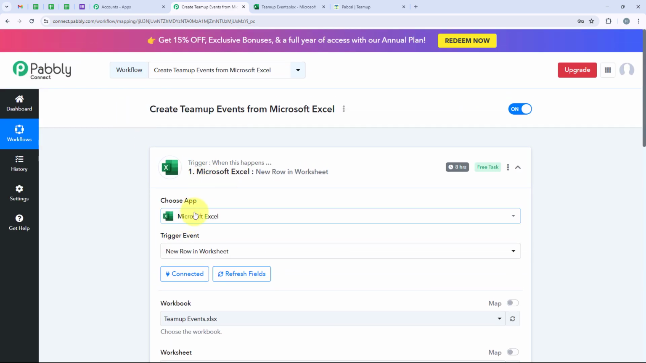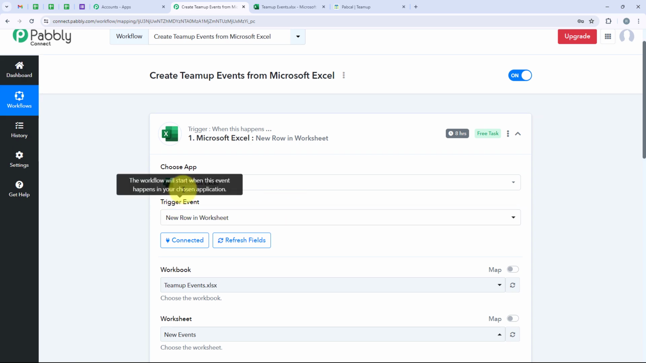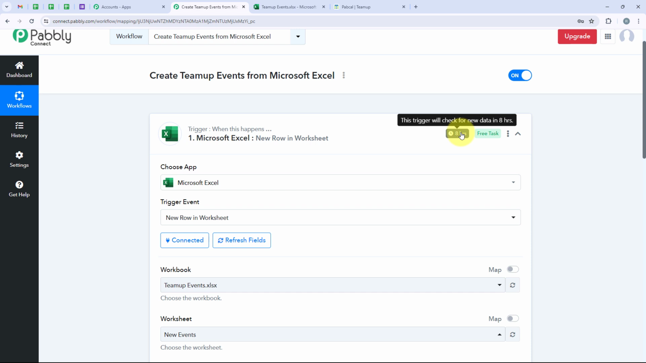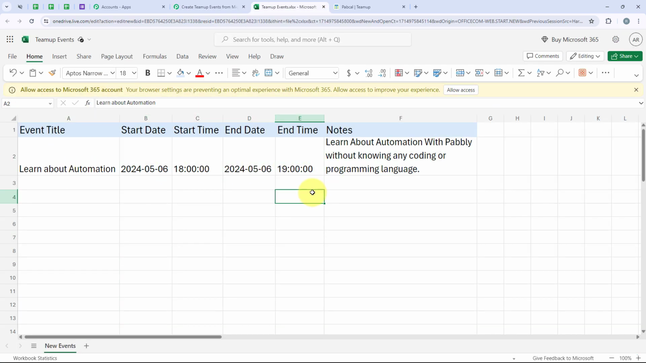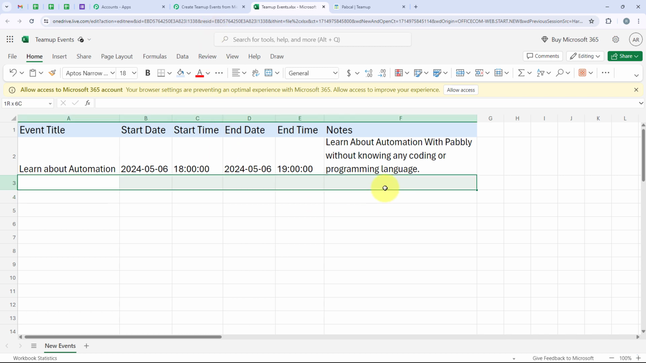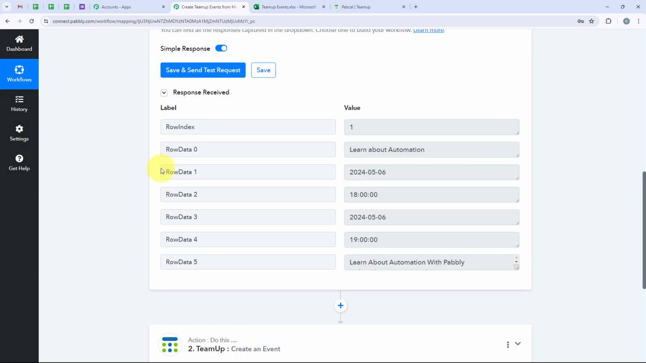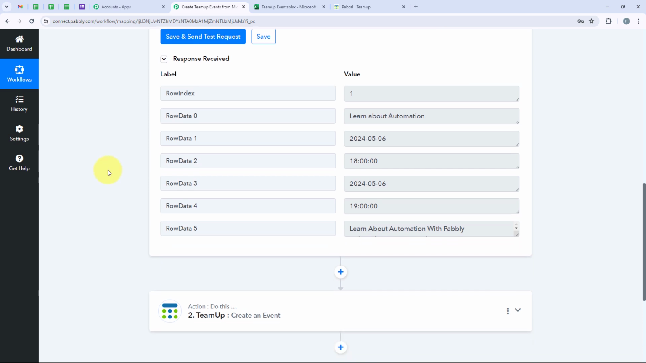For our trigger application, I selected Microsoft Excel, and then for the trigger event, we selected new row in worksheet. And as you can see, this is a polling based application, which means that this trigger will check for new data in 8 hours only. So that's why I received the details of the latest response I created in my Microsoft Excel. So as soon as I create a new row right over here, in the next 8 hours, Pabbly will check for the data and then again trigger the workflow and create an event